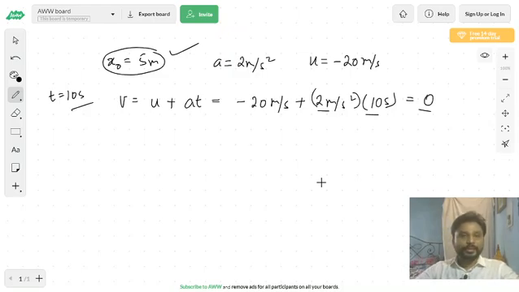Perhaps this is the way we should analyze such questions, that we should look for the points at which the particle is stopping. That is the point at which its instantaneous velocity becomes 0. So if some equation gives us that the final velocity of the particle becomes 0, that means at that instant the particle is stopping, and that is what we coincidentally arrived at here, that at 10 seconds the particle absolutely stopped moving. So that is the time at which its velocity is 0.